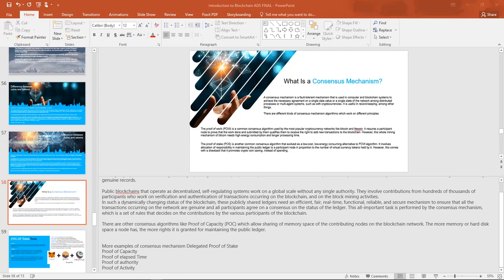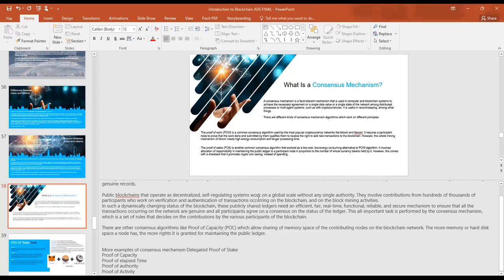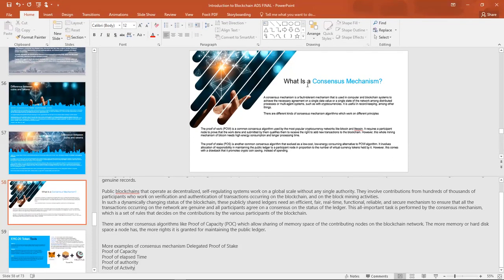what Satoshi did in cryptocurrency or in blockchain. There was somebody else who was doing research on cryptography, and then there was somebody else who created the timestamp in the blockchain, and then there was Satoshi, and then there was Nick Szabo, and then there was Vitalik. So yes, your research can be based on somebody else's research, but you come up with your own concept. So that's what proof of concept actually means, and also proof of authenticity, or proof of